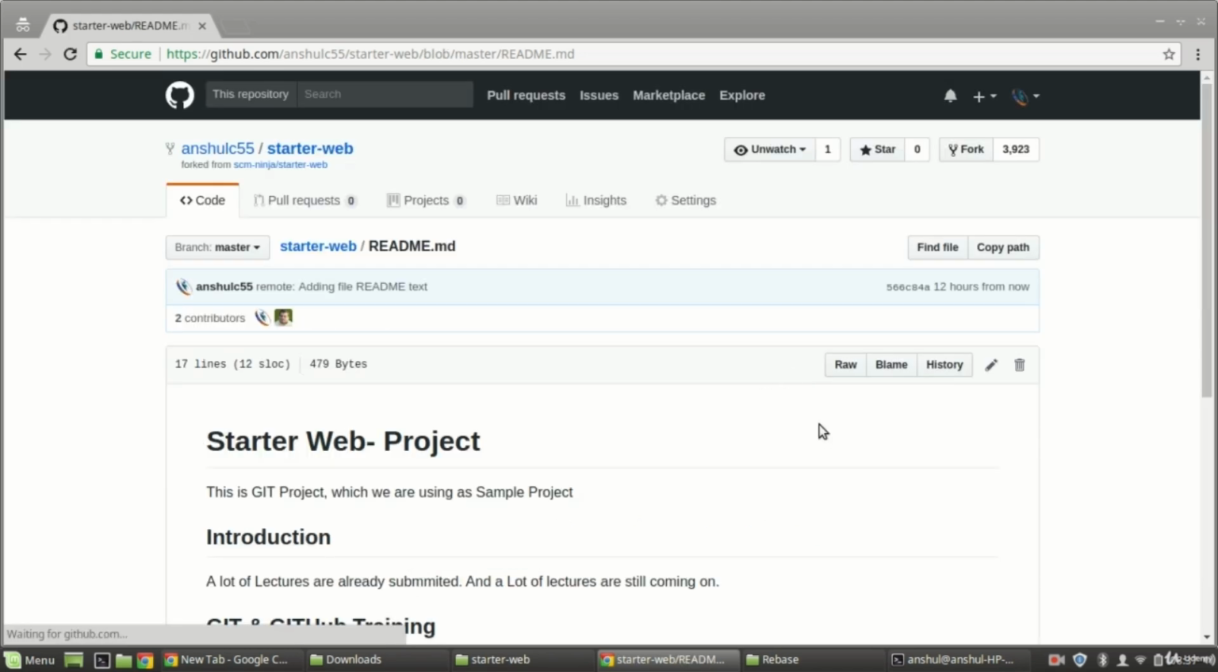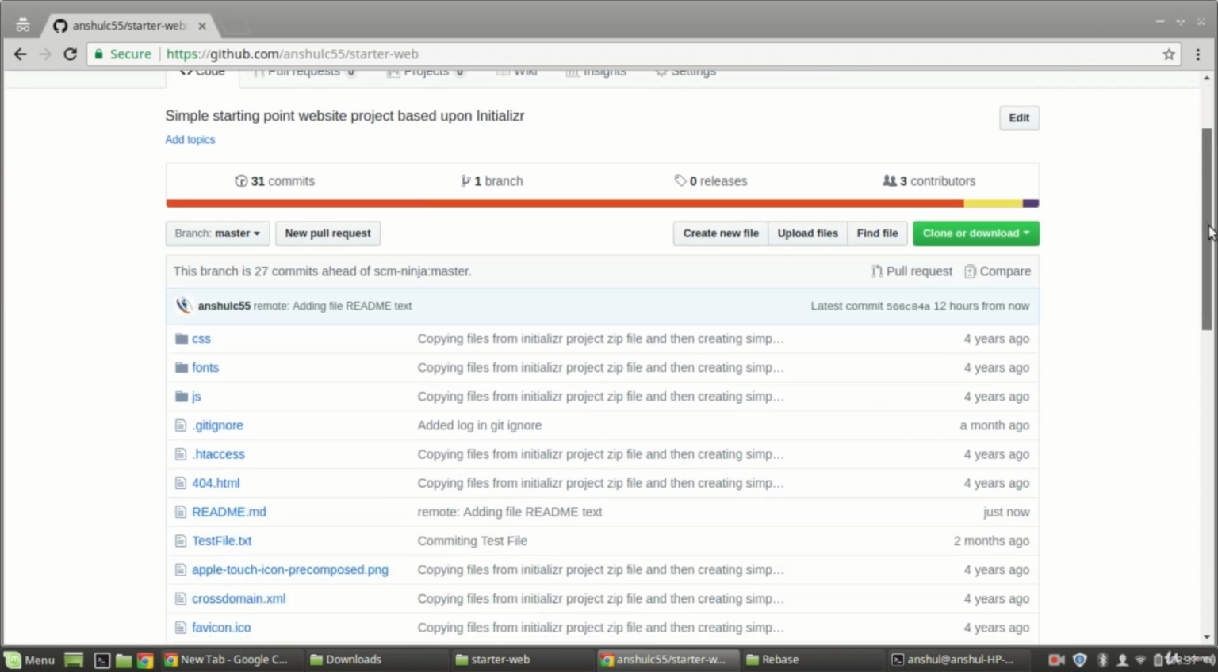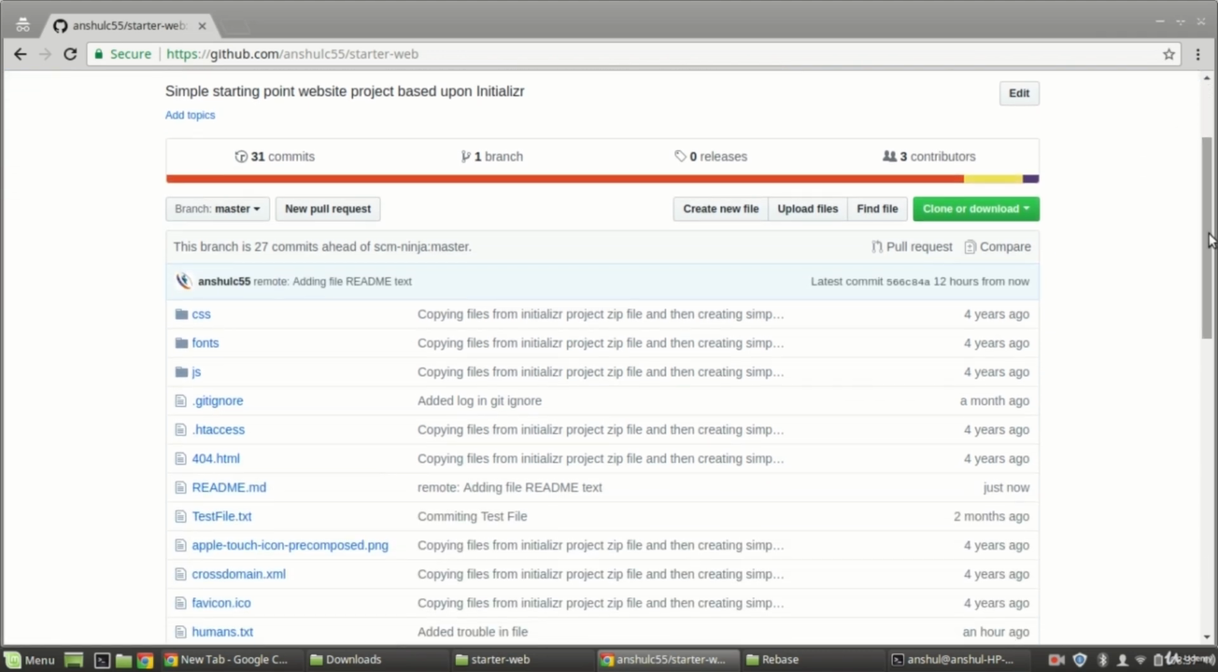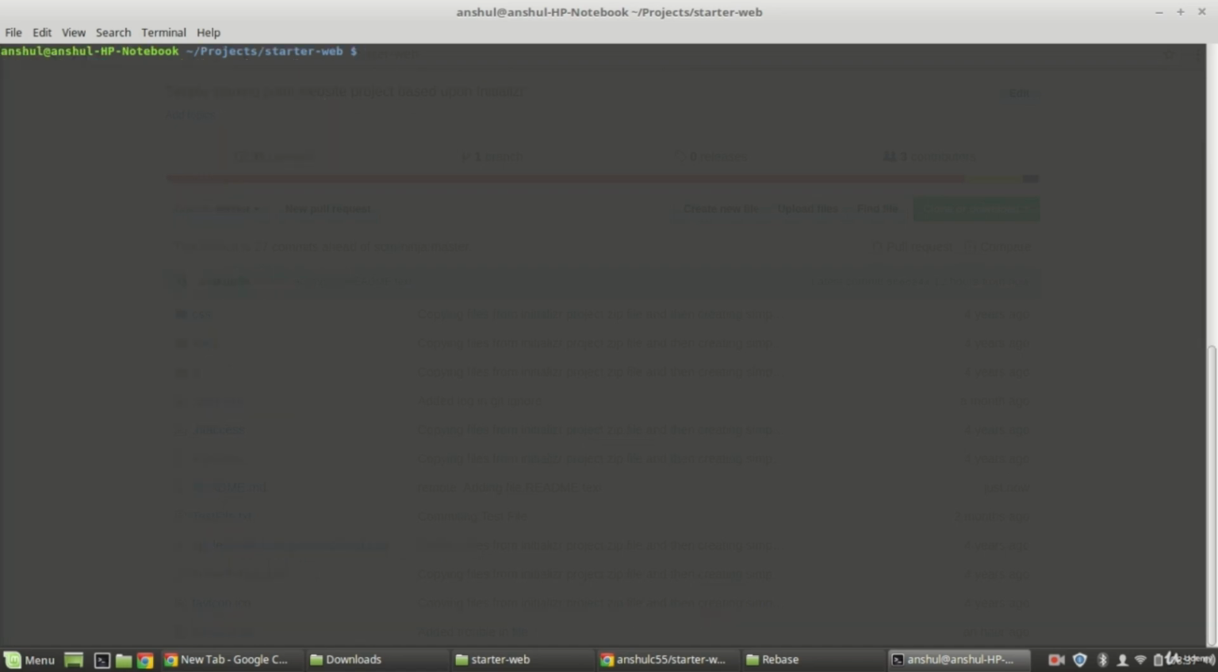So this is the change which I directly made, and you can see the latest commit has been done, 'remote adding file remote.txt'. This is the latest commit I have made on my starter web project, right? This is the change which I have done on my remote directory. This is not something related to my local directory, right? Now if I run